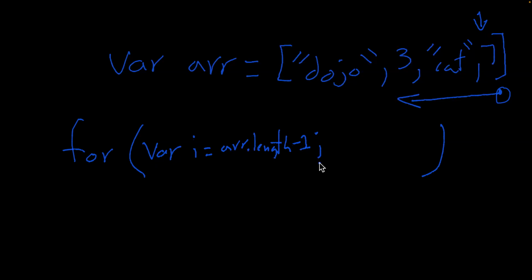And now what's our ending point? Would it be i greater than -1? Okay, that's one way to do it. While i is greater than -1. What about just using 0? Yeah, 0. When we get to 0, we can say if i is greater than 0. Well, when it gets to 0, we want it to print as well, right? So while i is greater than or equal to 0,